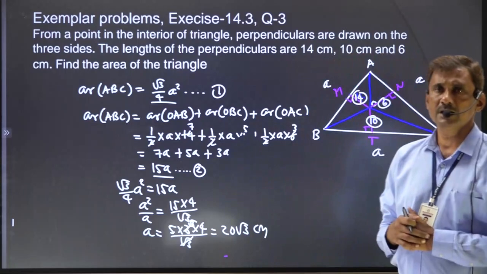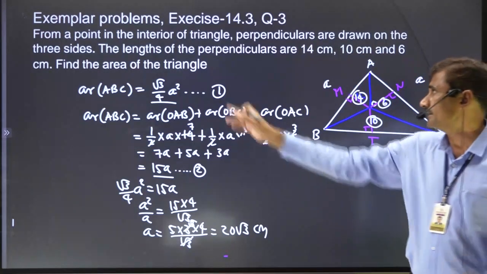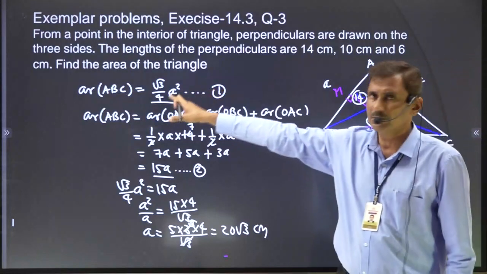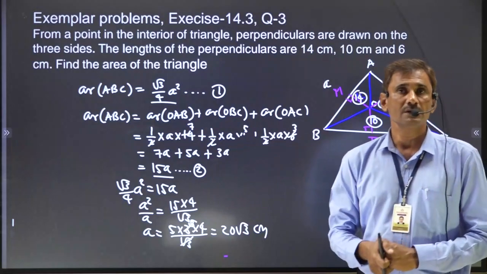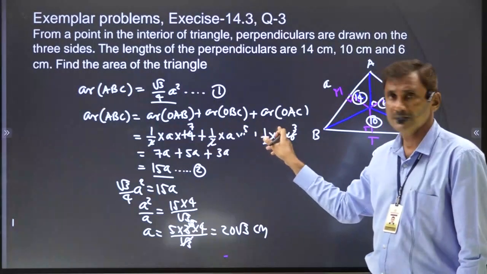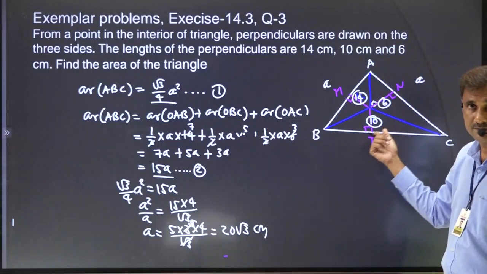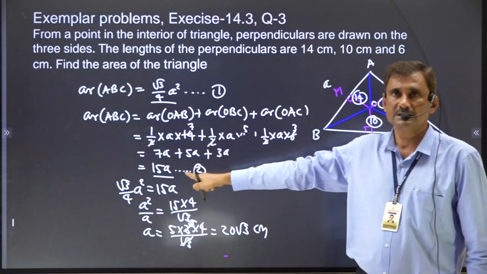We have found the area of the given equilateral triangle both ways. By applying this formula, actually this is Heron's formula's result. And by dividing the whole triangle into 3 different triangles and getting the area of each one, because the altitude is given everywhere. Side is everywhere A. So accordingly we got the second result also.